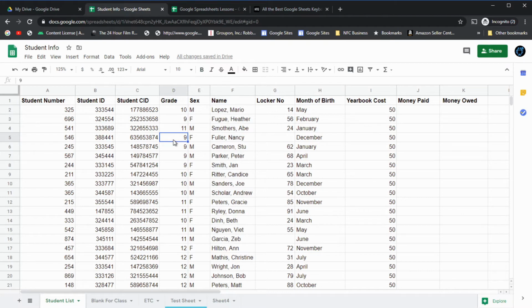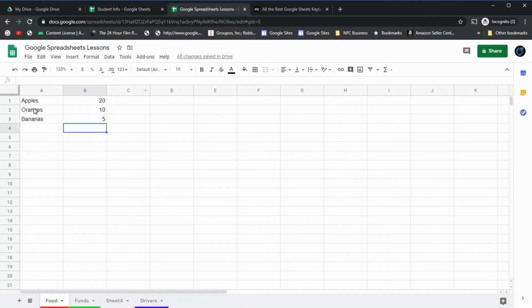No biggie. So yeah, it can be useful for very basic sheets where you've just thrown some information in a couple lists and you want to sort. But if you have headers, then you don't want to do that. Then you want to use the better method, which is by